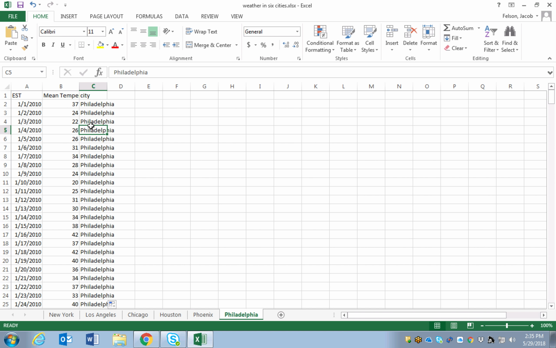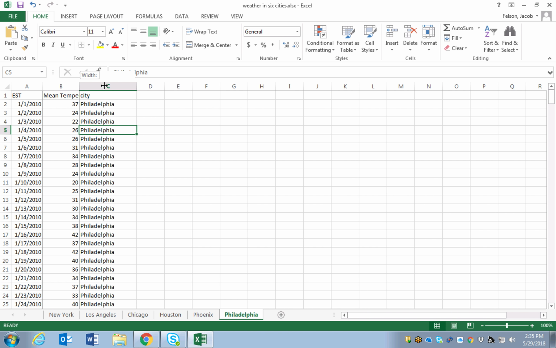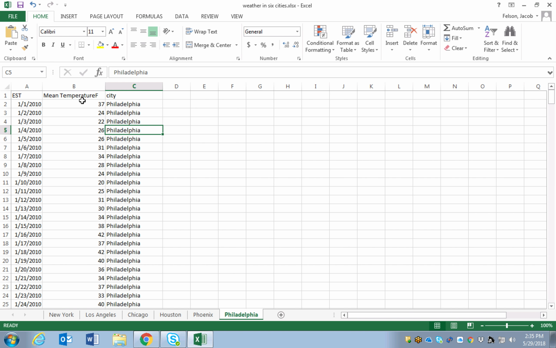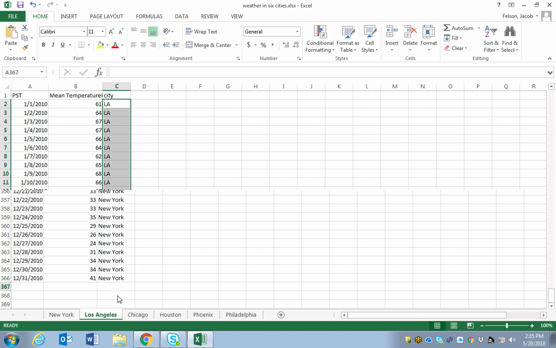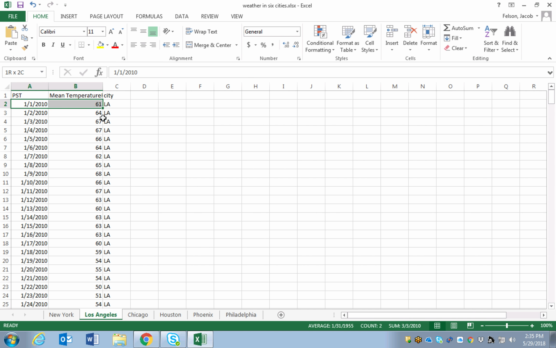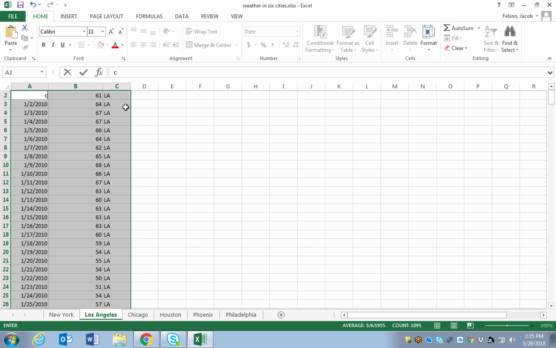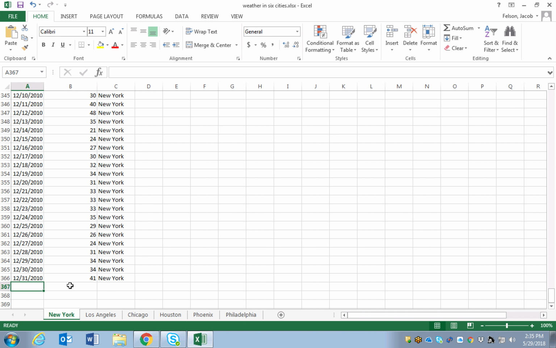Okay, so now I have 3 variables for each city, the date, mean temperature, and the city. Now we need to stack these variables. So I'm going to go to the very first city, New York, put my cursor there. I'm going to go to Los Angeles, and I'm going to highlight just the data, not the names of the variables, but just the data. I highlight the whole thing, press Control C,